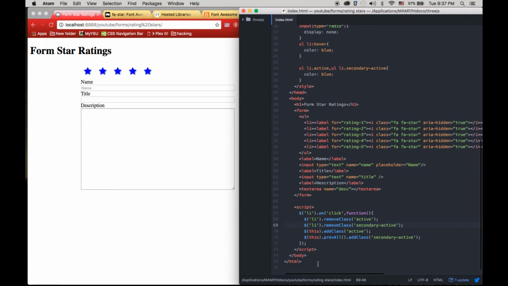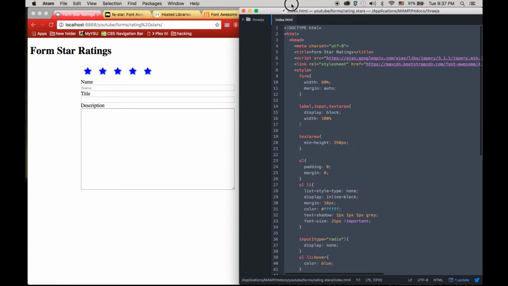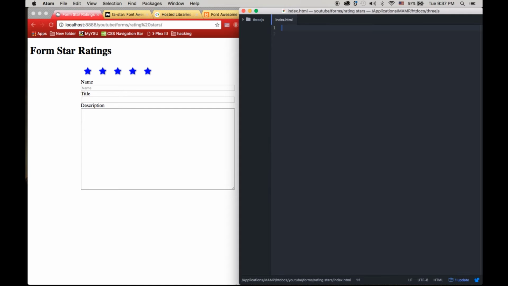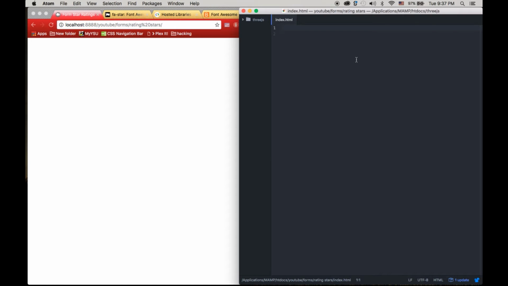Alright, just going to go ahead and delete the file, start fresh. Okay, you want to start with a basic HTML template. I am using Atom as my editor. I like Atom, and I also like Brackets, so I go in between both. So choose whatever you like. There's Sublime out there and things of that sort. So let's give this page a title. So just name it Review Stars,